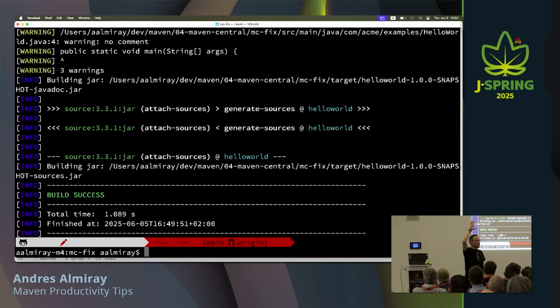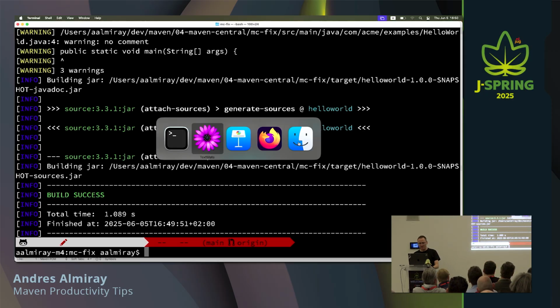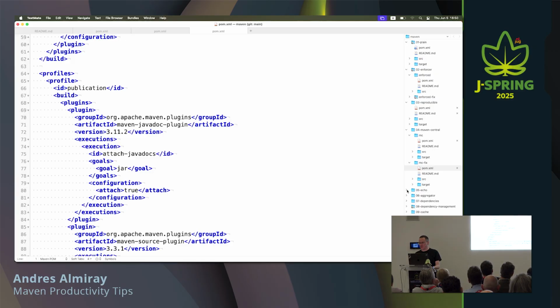Who uses Spring Boot? Most people. You know that you can create Graal native images with Spring Boot, and the reason why there is a new profile that is called native is because of this. You don't want to be creating native images all the time because they're slow whenever you do Maven package or Maven verify. You have to activate the profile explicitly. This is the reason. All right, next one, let's go, we can skip the Echo one.